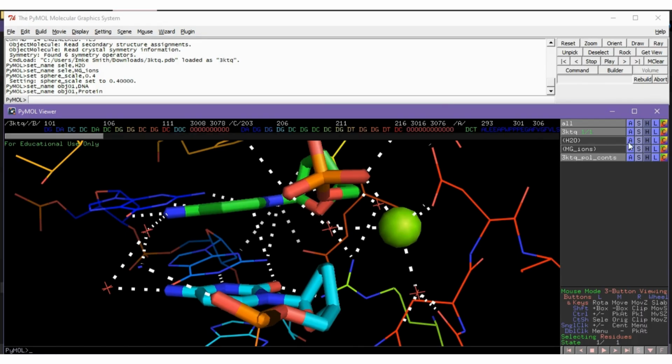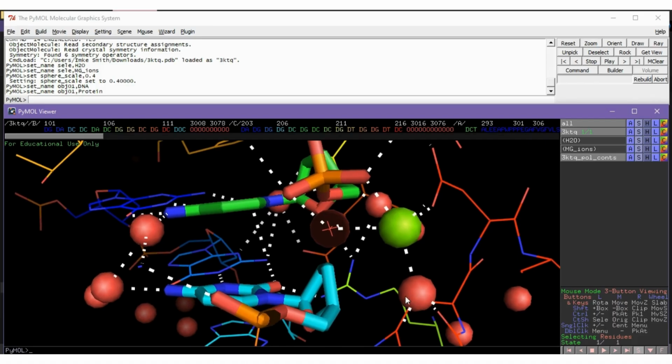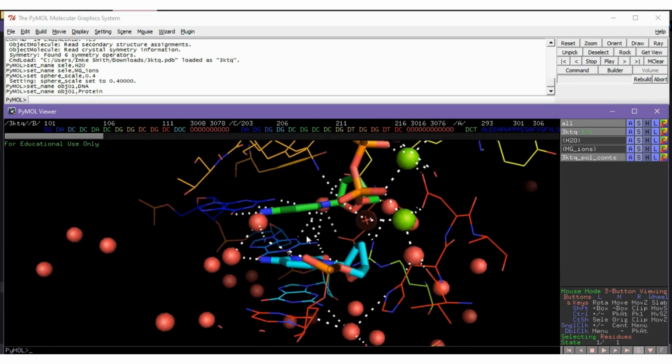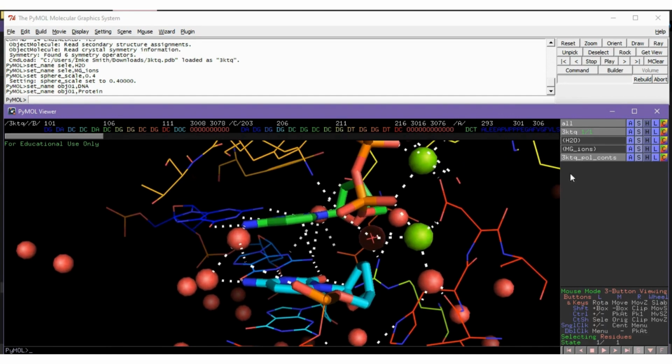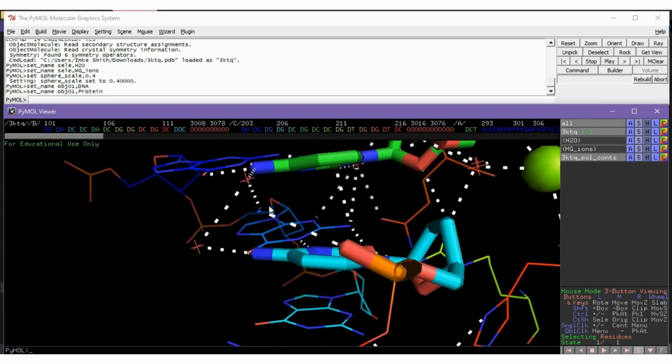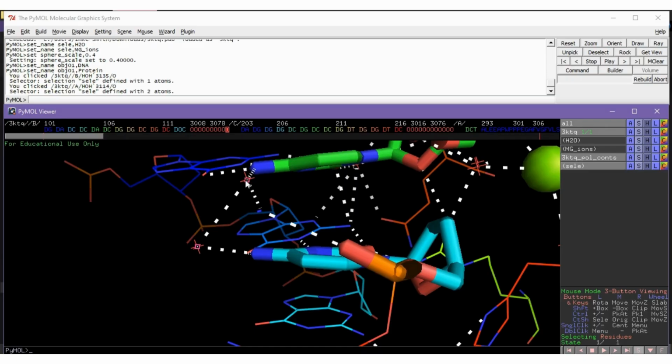But if you were to show these waters as spheres as well, some other non-interacting waters also appear. So it'd be best to not show the waters as spheres, but rather rely on the crosses or select them separately and then show them as spheres.